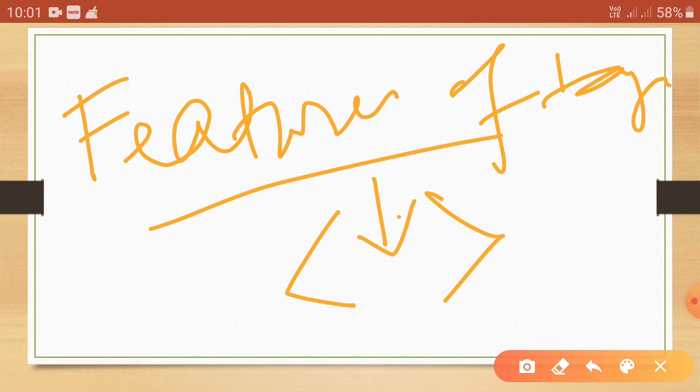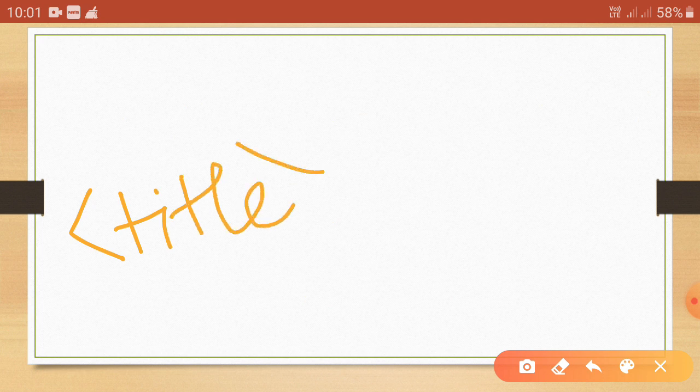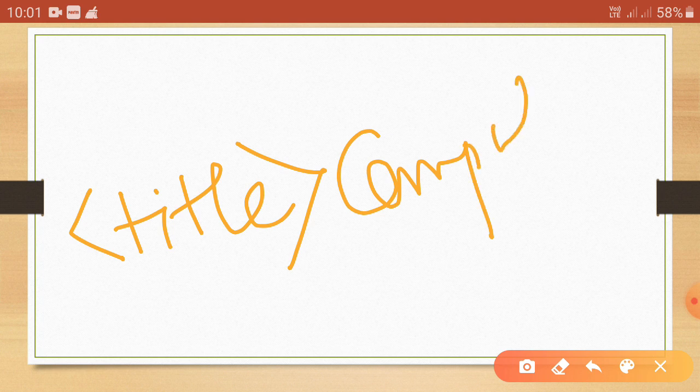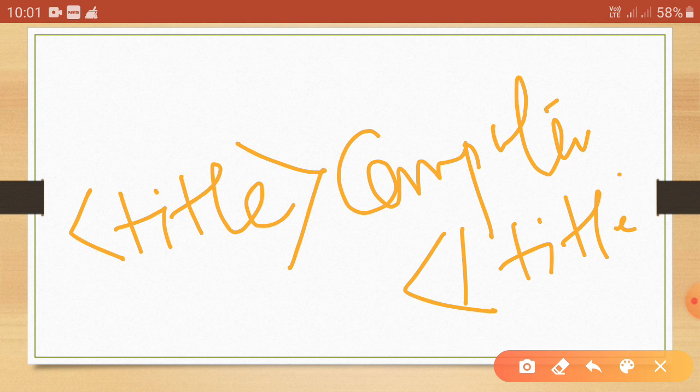Next one is the tags are always written in pairs. So there are two tags to complete a command in HTML. The first tag is the start tag and the second tag is the stop tag. For example, suppose we are writing <title>computer</title>.